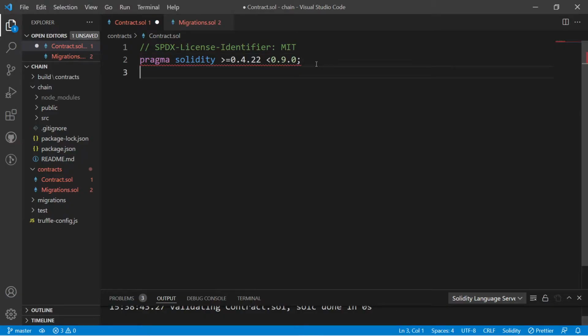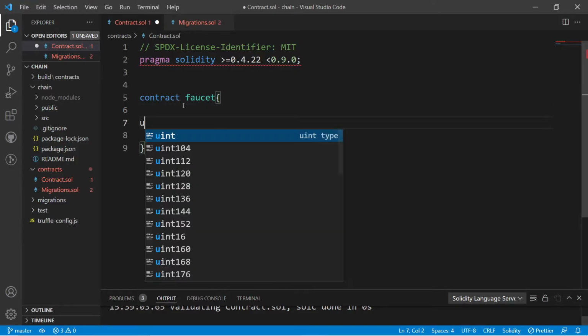So for creating a contract, the syntax should be like this, and it should not be capital. Contract name should be faucet. It is not a must, you just need to give any name. In case of faucet, if you need to give any name, then you are able to.